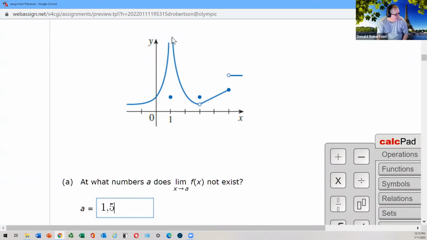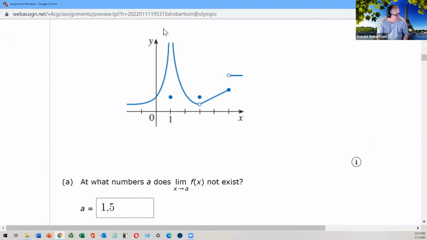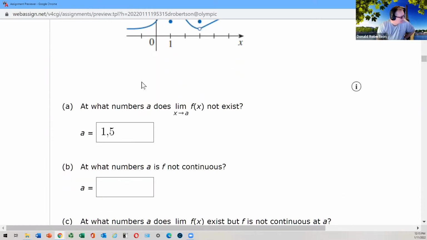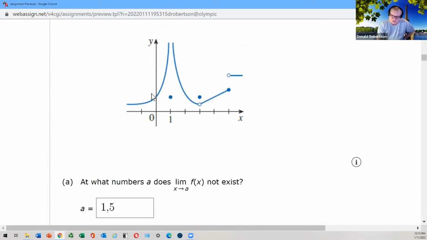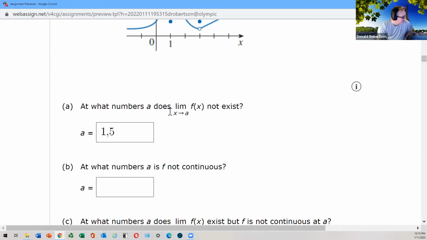Right. Isn't 1 a vertical discontinuity as well? And isn't 5 a jump discontinuity? But we're not talking about continuities. We're just saying the limit doesn't exist. Now, you might say, but isn't that limit plus infinity? Well, yes, it is. But is plus infinity a number? And so if you argue it that way, it doesn't have a limit, right? Although sometimes they're flexible in that. If you notice, sometimes you do put in infinity as an answer. So you have to kind of do context.